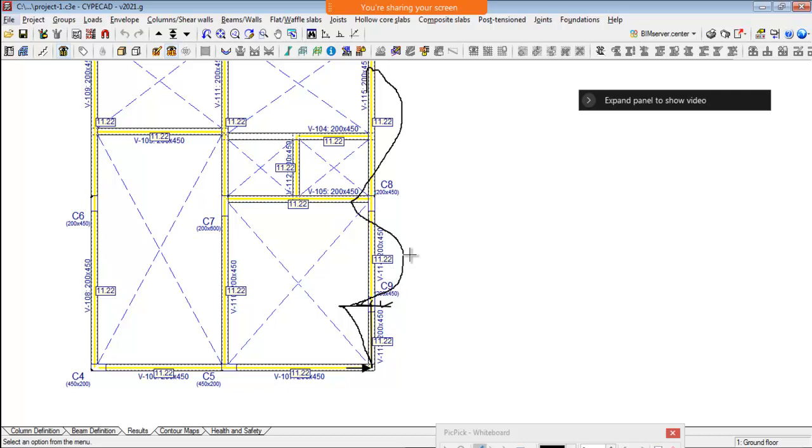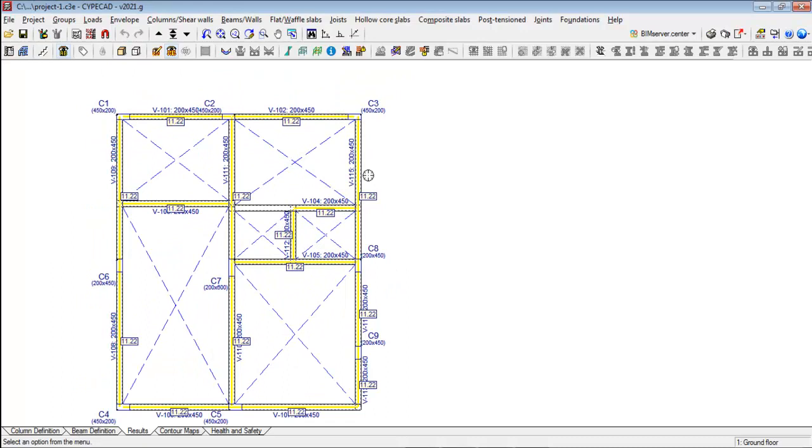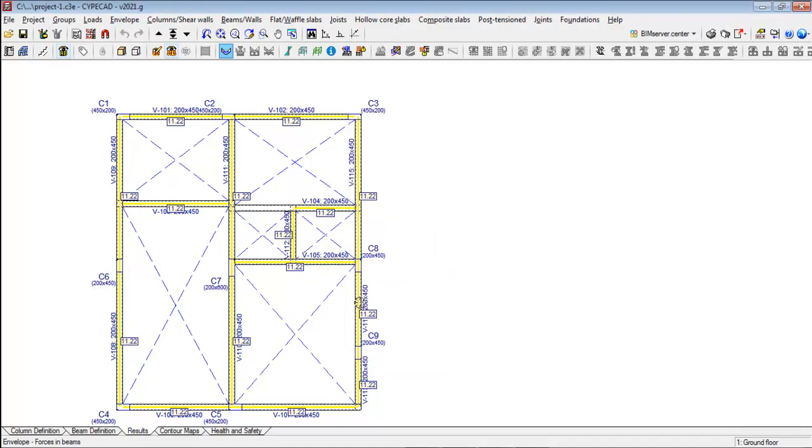So depending upon the span length, we may get this beam bending moment. Maybe it is a positive bending moment, maybe so much, or sometimes it may not even reach the positive bending moment, because the span is very small. We call it upward bending, because the span is very small compared to the other span here. So let's see the bending moment pattern. For that you have to go to envelope, select forces and then accept, click on this beam here.